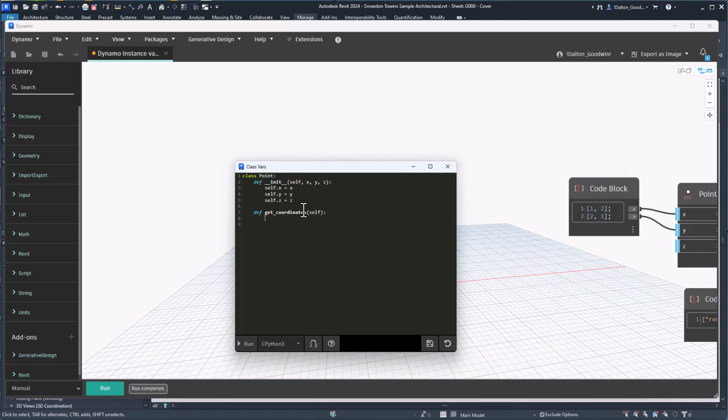This might return, and this is just an example of a class, say the point class, and how instance variables would be managed. So these are instance variables. I'm adding a function just so you get a better idea. So return